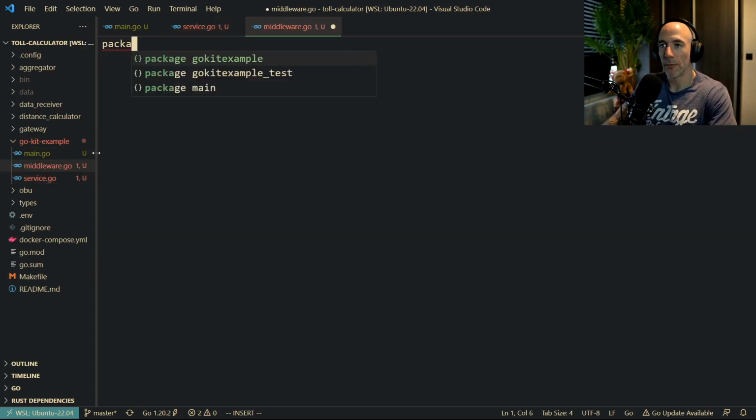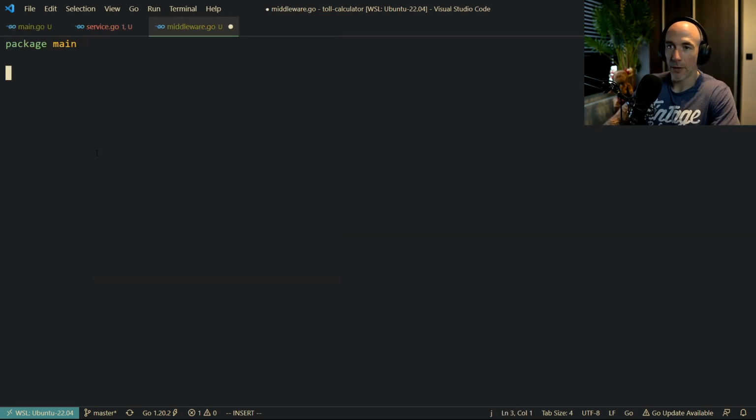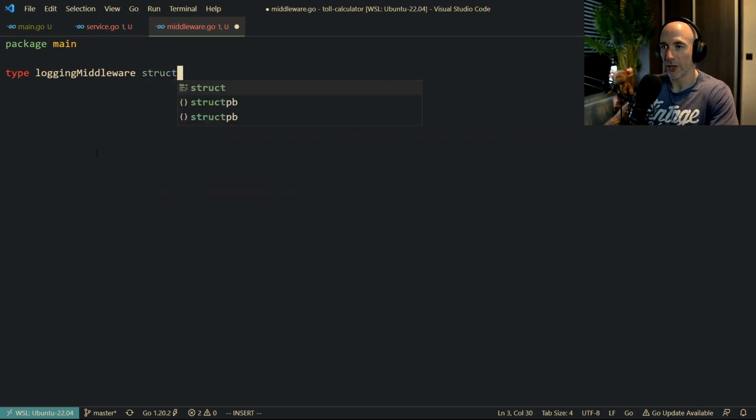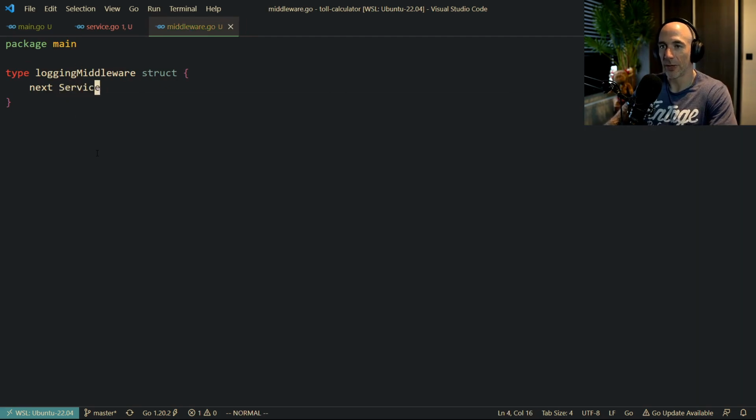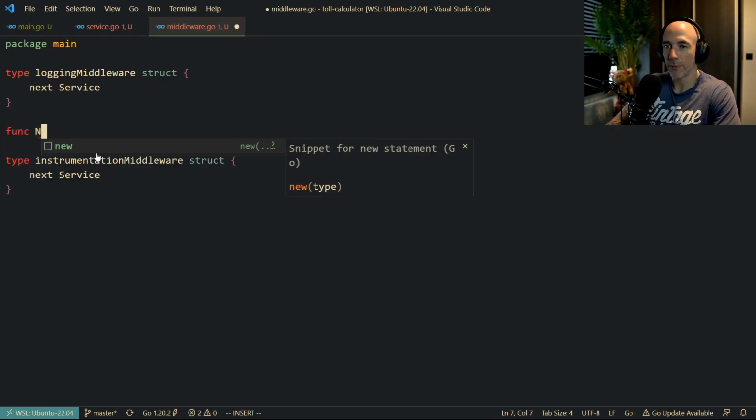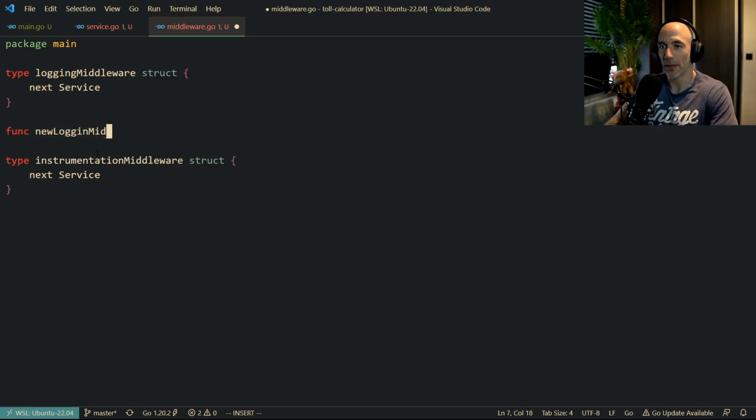middleware.go, package main. Type, I'm going to call it logging middleware, which is going to be a structure. That's going to hold a next, which is going to be a service, just like we did. We're also going to copy that, paste that in, and that's going to be the instrumentation middleware, which is going to be the same thing. And then we're going to say func new, small caps, new logging middleware,